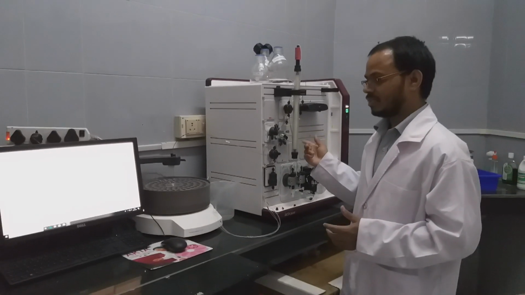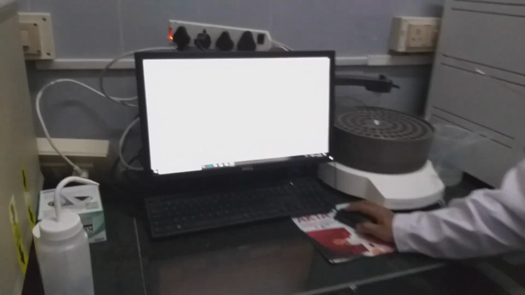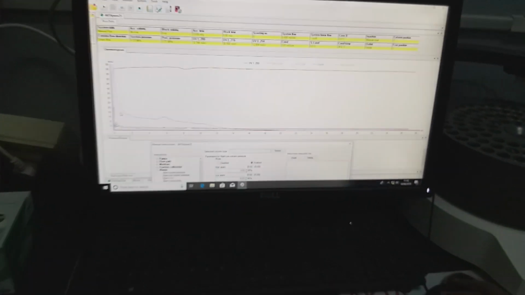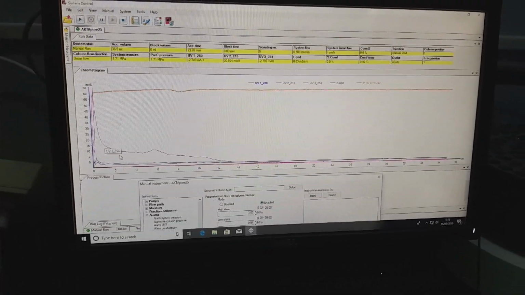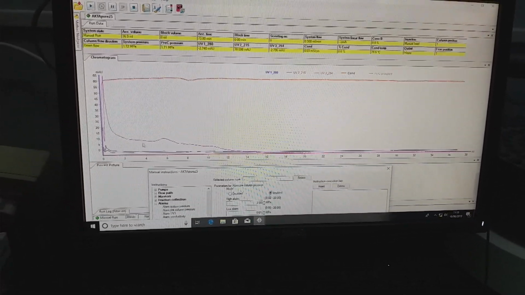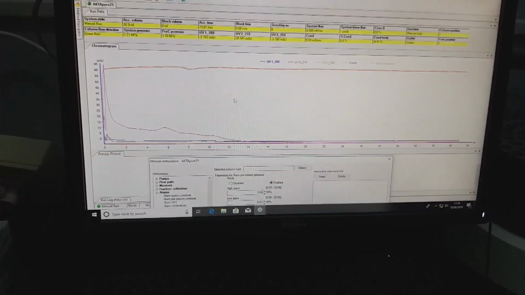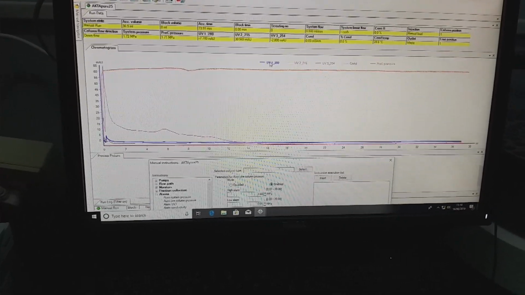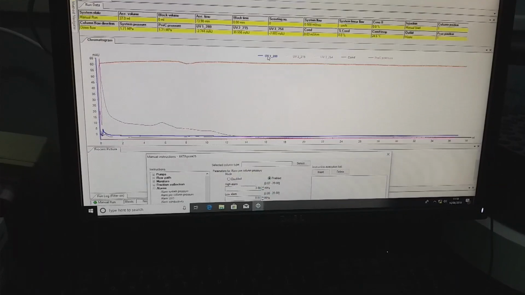This column is equilibrated, as we can see here, after introducing buffer and removing the 20% ethanol and water. The blue line corresponds to 218 nanometers, which is relevant to protein.